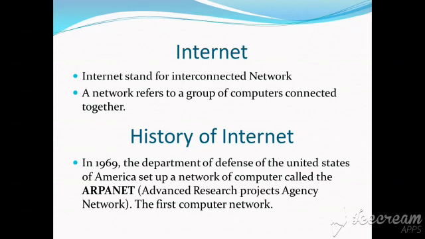Okay, so what is the history of the internet? The first computer network was introduced in 1969, in the United States, and they were having a Department of Defense, and they decided to build a setup for their army forces, and that is called ARPANET, that is Advanced Research Project Agency Network, because they wanted to link with their army forces. So that's why they introduced the first computer network, but at that time they were having only one computer, and then it increased to 4 computers, and now we are in the 5th generation of computers, and we are in advanced technology. So we are using multiple internets, and we are using multiple networks as well.